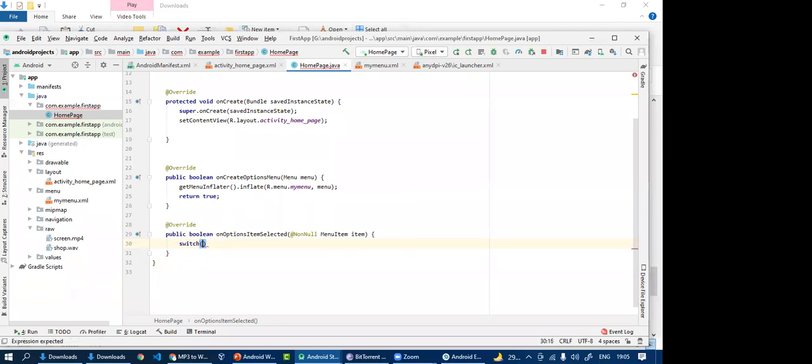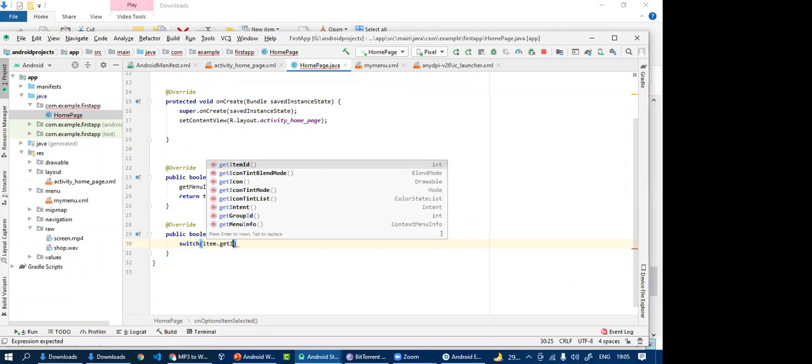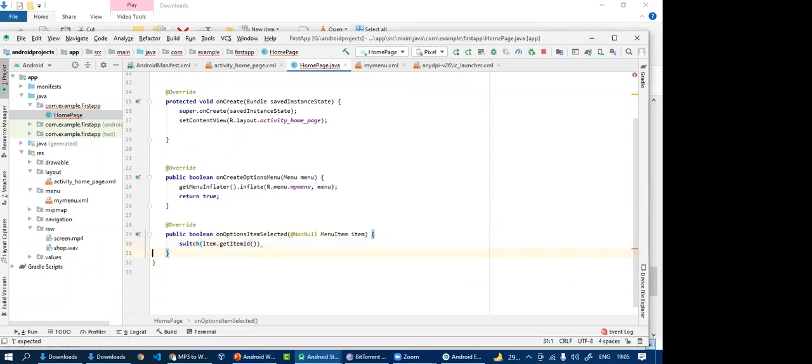Suppose I will apply the switch: item.getItemId(), R.id dot